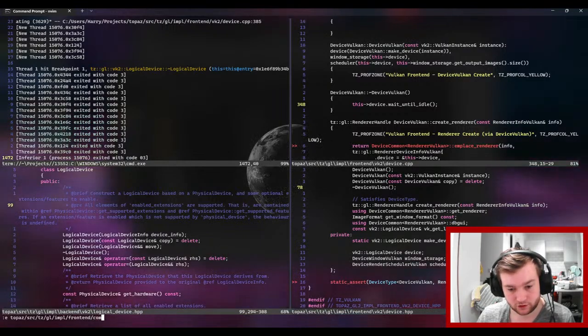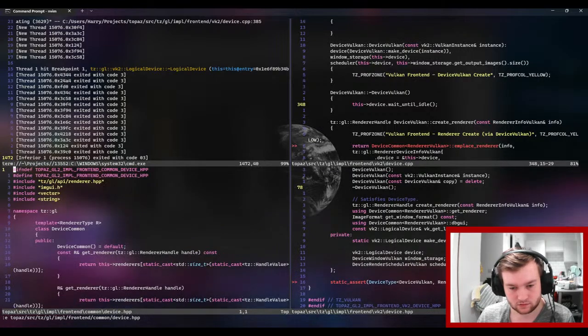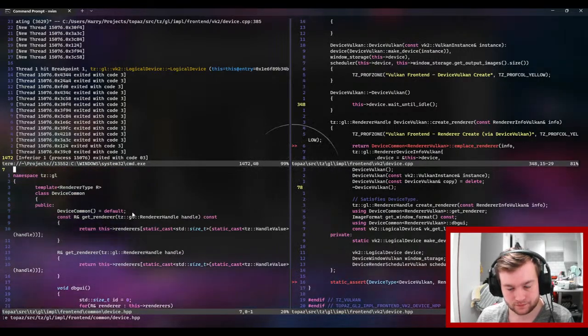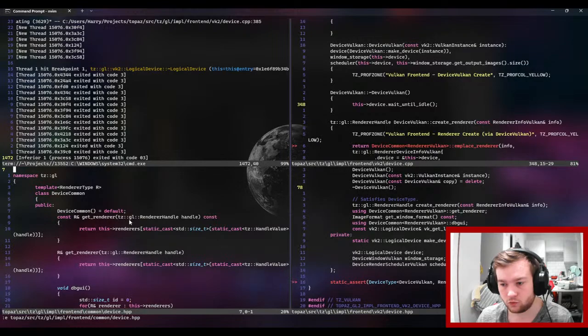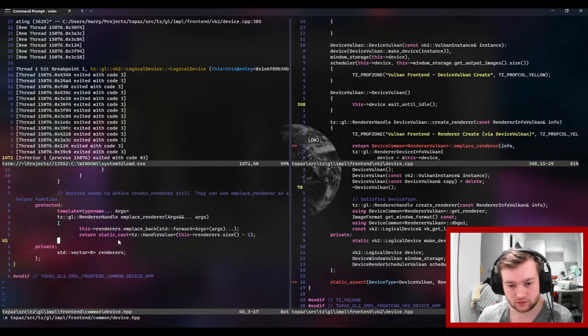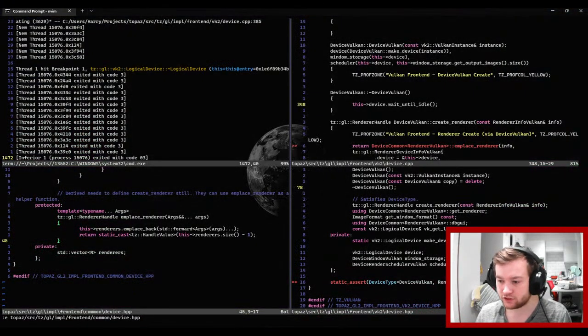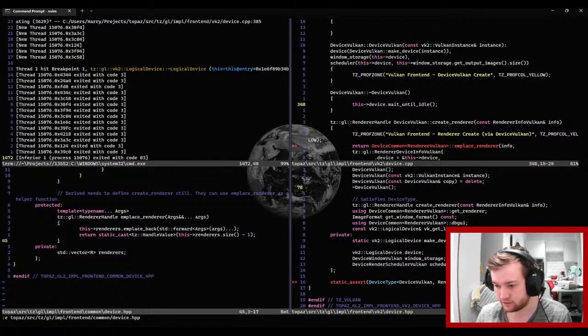Front end, common, device. So, we need some way of doing an internal clear, basically. These renderers need to die at a specific time. And because the order of destructors changed,